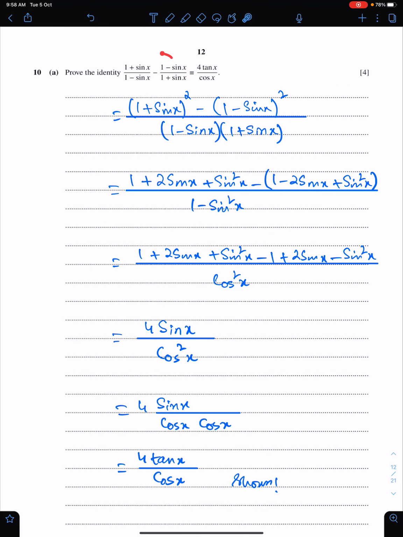So by taking the left hand side and by taking the LCM of this left hand side, we have this. This will become power 2 and this will become power 2 after taking the LCM. Now this will become a minus b, a plus b. So 1 minus sine square x, and you can expand this and this with the help of a plus b whole square and a minus b whole square formula. So make sure you use bracket here.